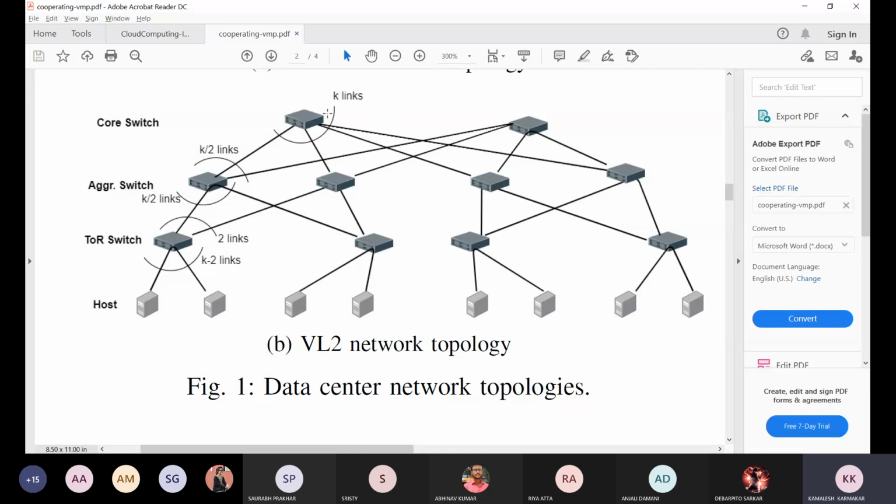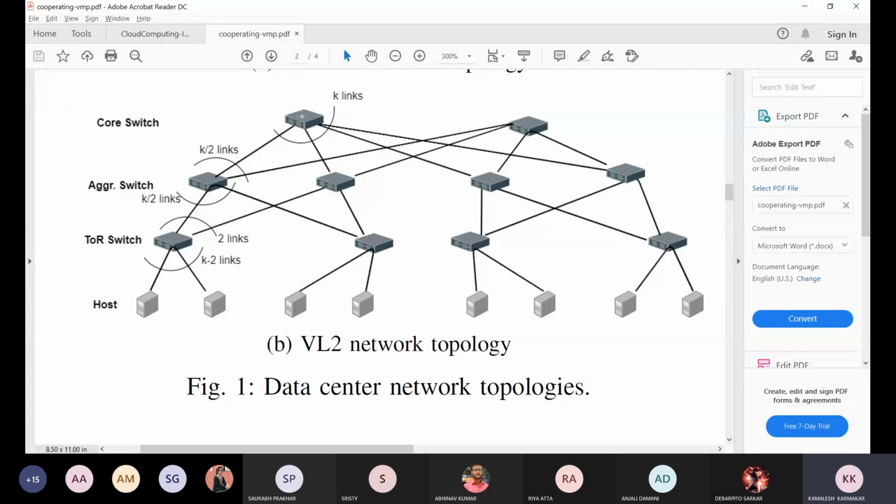If we have a k-ary switch, as we have discussed in the previous case, then there will be k by 2 number of core switches. Every core switch will be connected to all the aggregation switches.